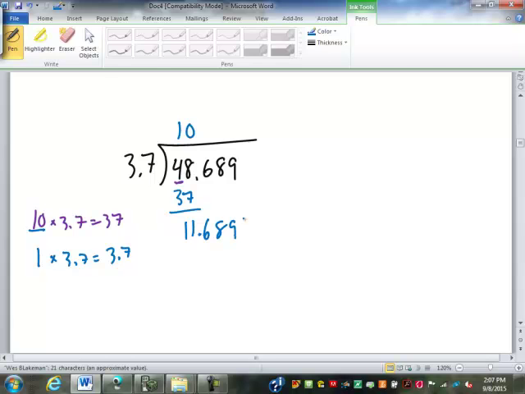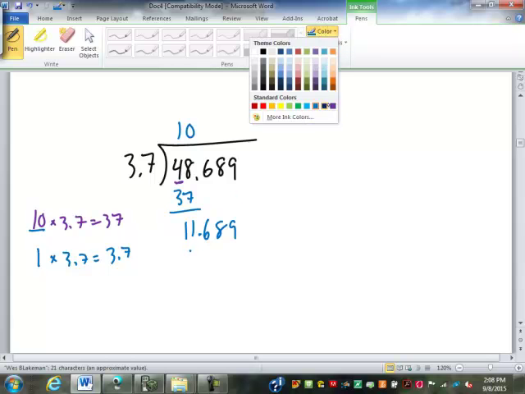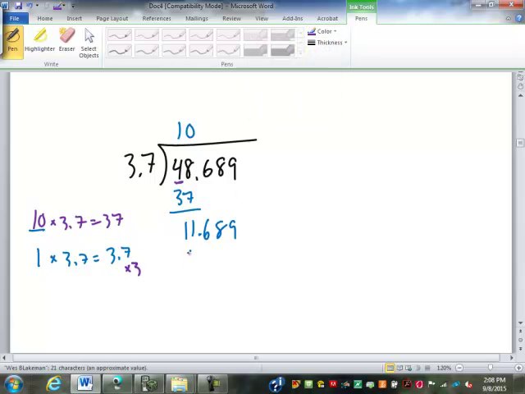11.689? Probably can't quite do it 3 times, can I? No. Actually, no, I can do it 3 times. 3.7 times 3 is 11.1, isn't it? Let me double check. 11.1, right? 11.1, so it does work. So times 3 is 11.1. That's 3 times 1, or 3 more times. I'm going to get